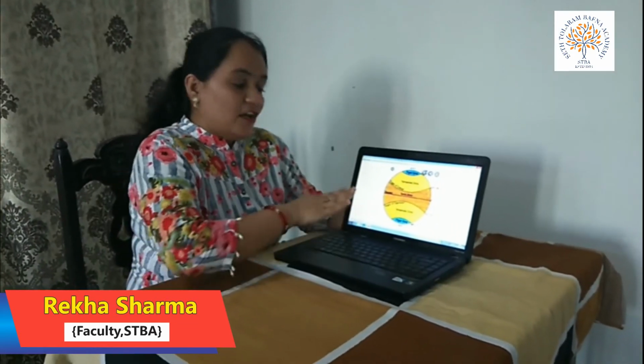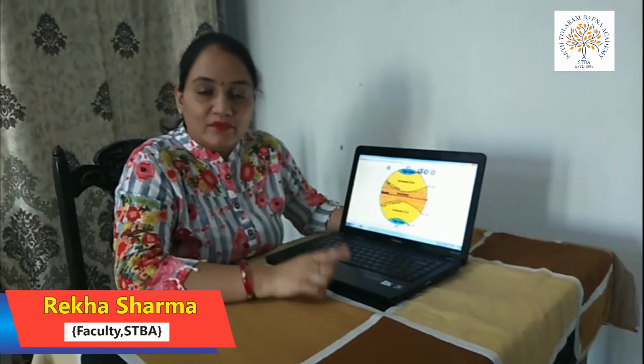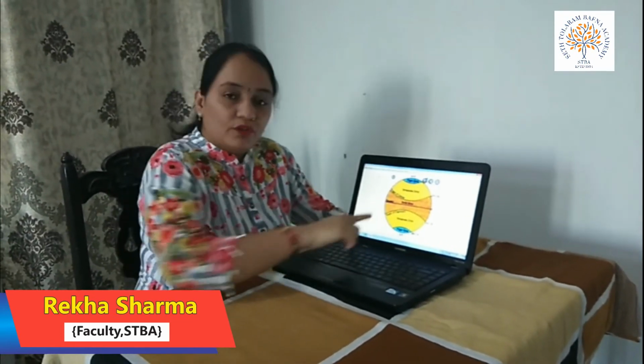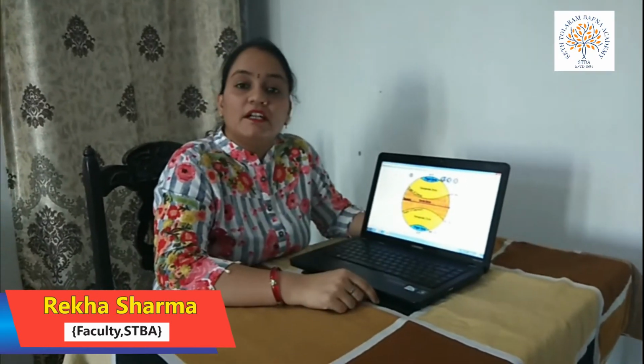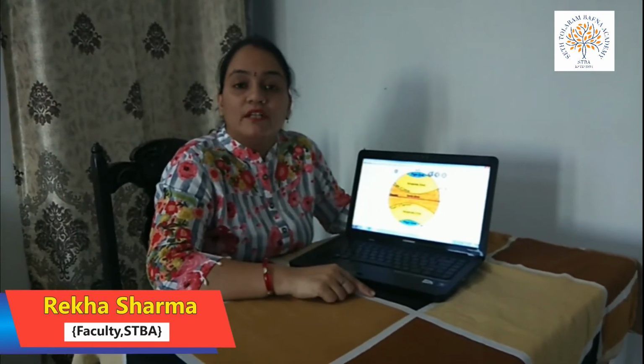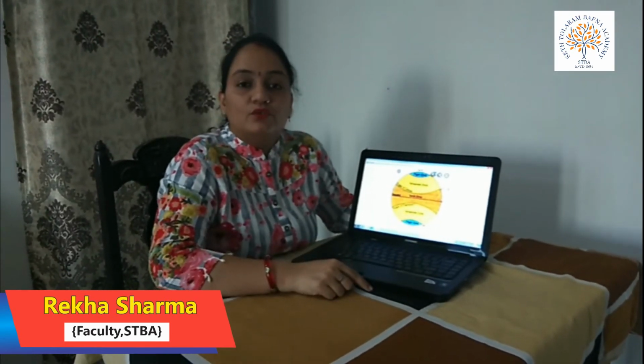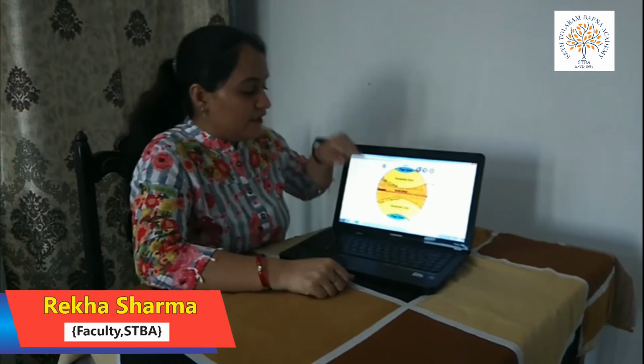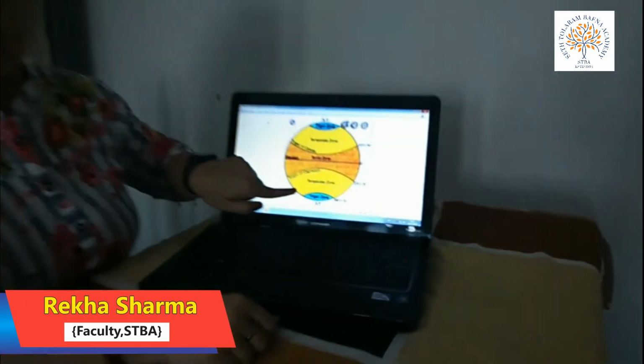So students, now I hope you all understand the classification of the earth. As you can see, I am going to repeat once again. The torrid zone lies near the equator from 0 degree to 23.5 degrees north, and 0 degree to 23.5 degrees south. This zone is called the torrid zone. Next, from 23.5 north to 66.5 degrees north lies the temperate zone. There are two temperate zones, one in the northern part and the other in the southern part.